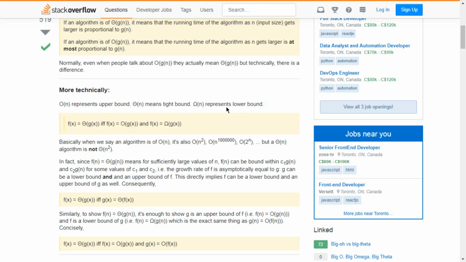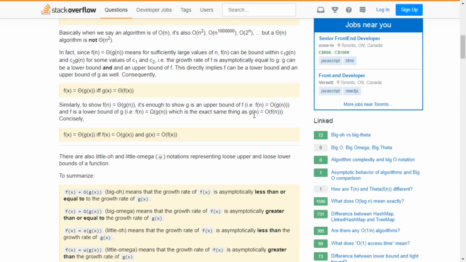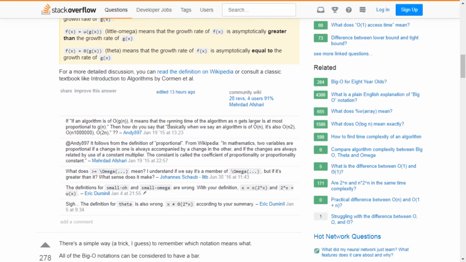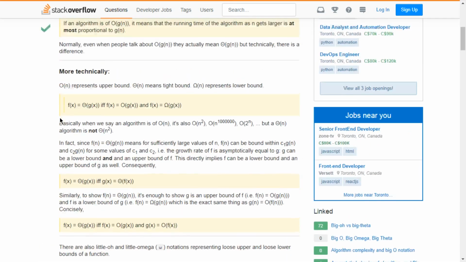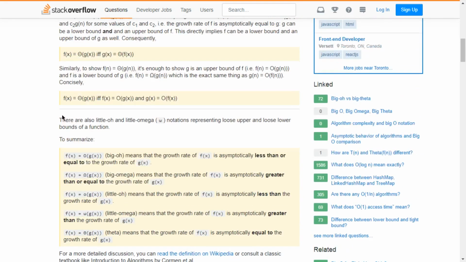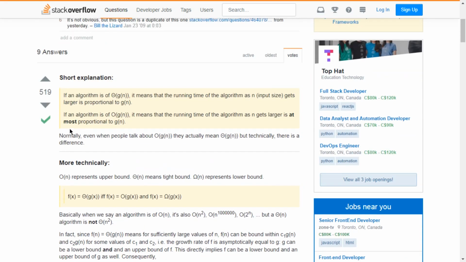But not exactly, because I think you can only have a tight bound if the upper bound and lower bound kind of meet with each other. I don't know, I'd have to read more about this. It looks like this user has community wiki. Okay, no wonder it's such a good answer. Anyway, I'd have to read through this a little more, but that's basically the stuff I wanted to say about